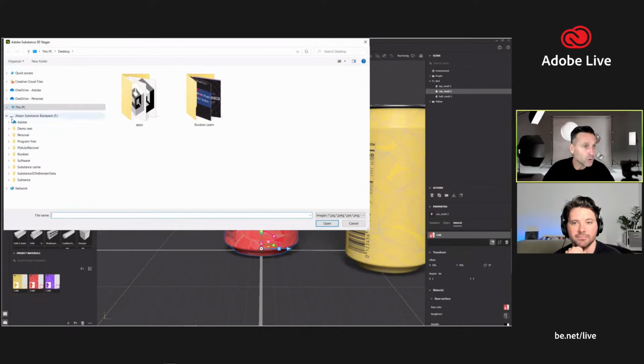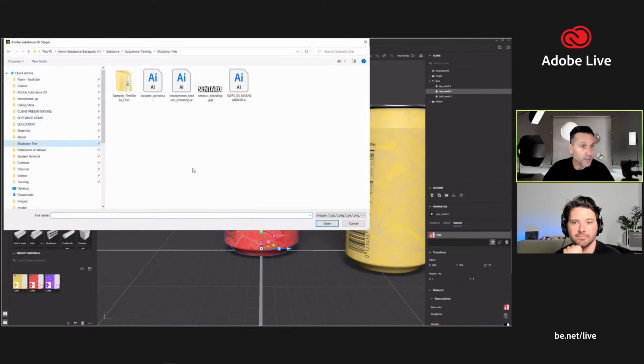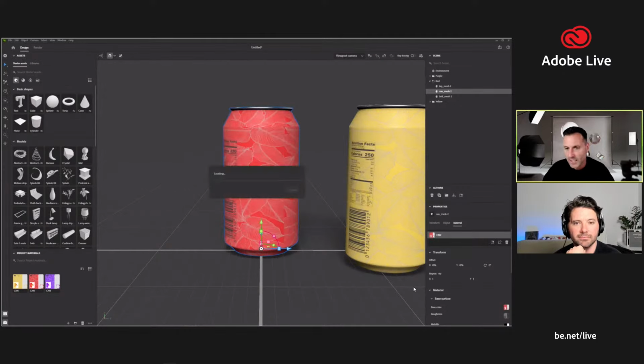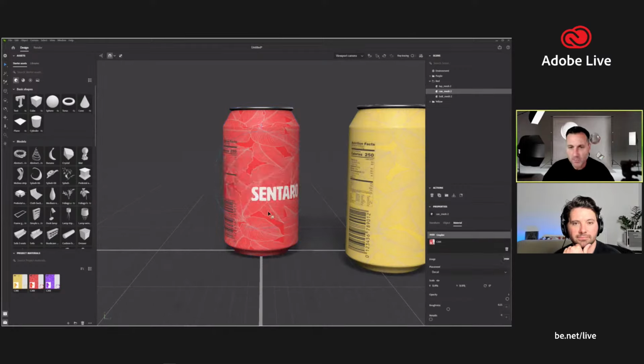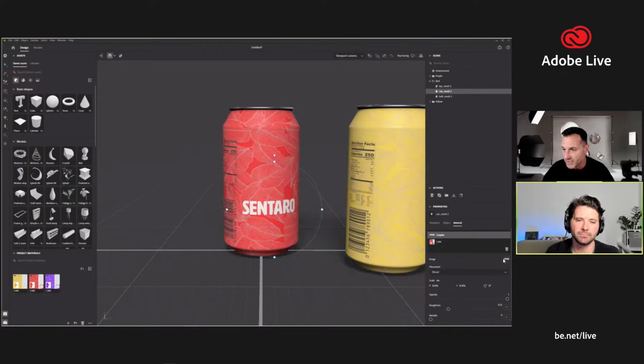If I go to my quick options here, I've got some Illustrator files, like a headphone thing. So I can just bring this in. I'm going to open that. This is an Illustrator file. I can click on that, and it's going to bring in our Illustrator file. So you can see there, this is my Illustrator file. If I click on where it's got the actual thumbnail, it might be really small for viewers, but if I click on that,